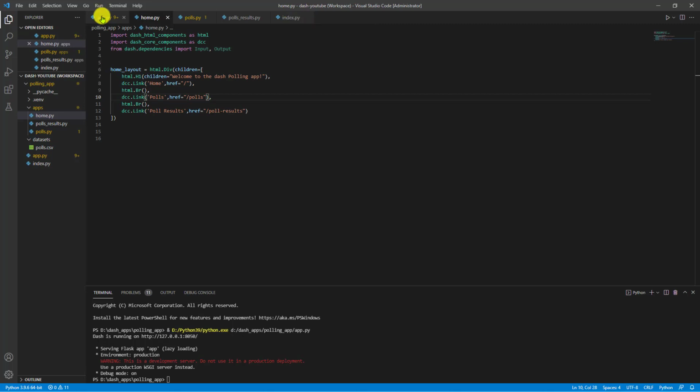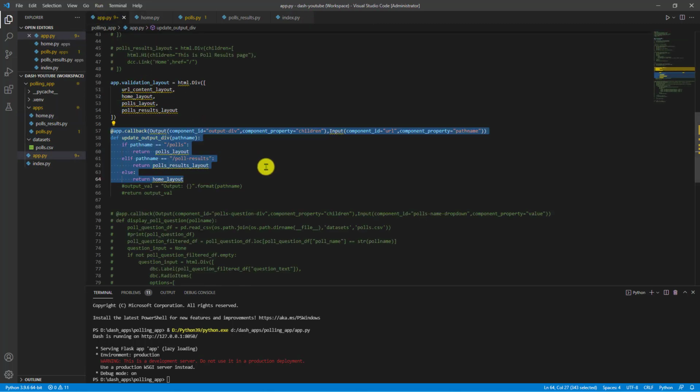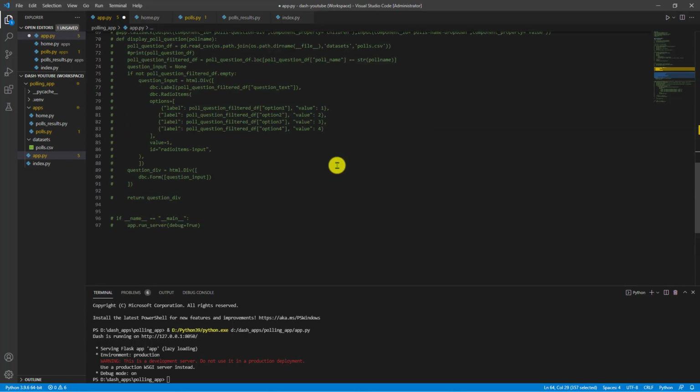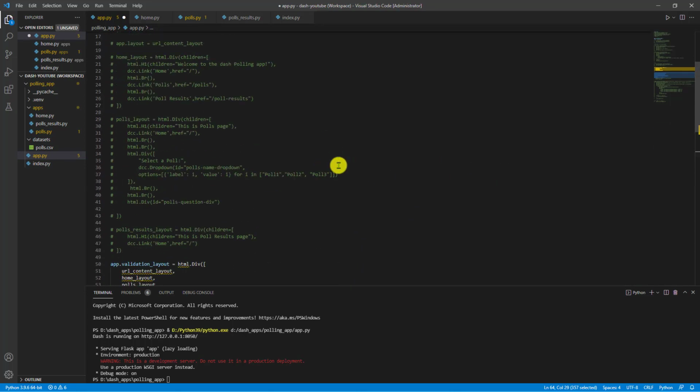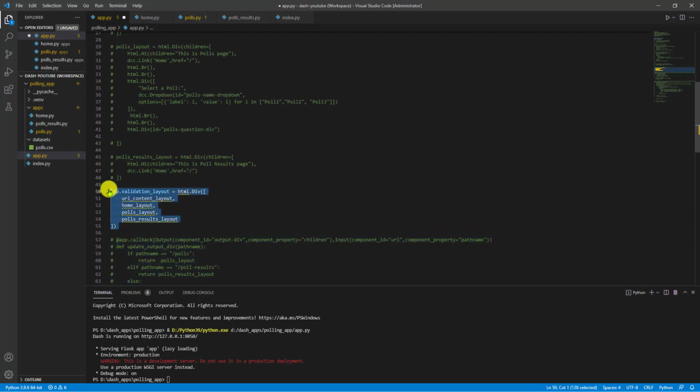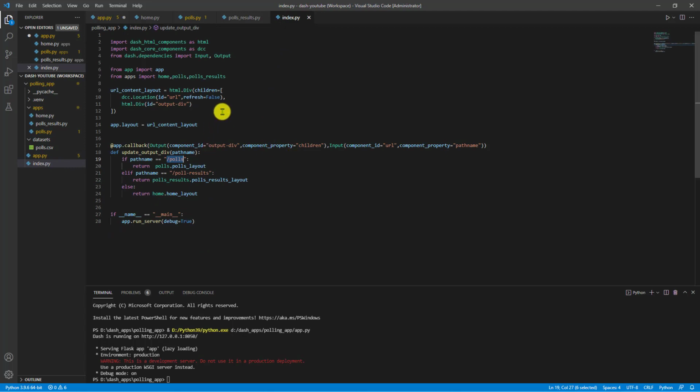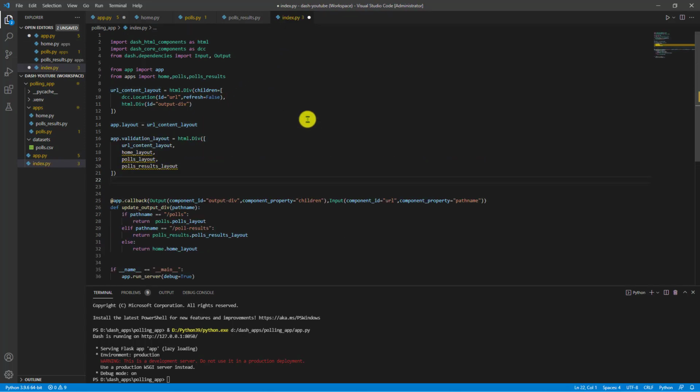Okay, so now let's move to app.py. I can comment out this guy here. Most of the code is commented out except my validation layout, which will be part of my index.py as well, right? So let us do that. If I just keep it over here, app.validation layout, the URL content layout I have anyway defined in this particular file, so it is able to pick it up. But for the other three layouts, I will do the same stuff.